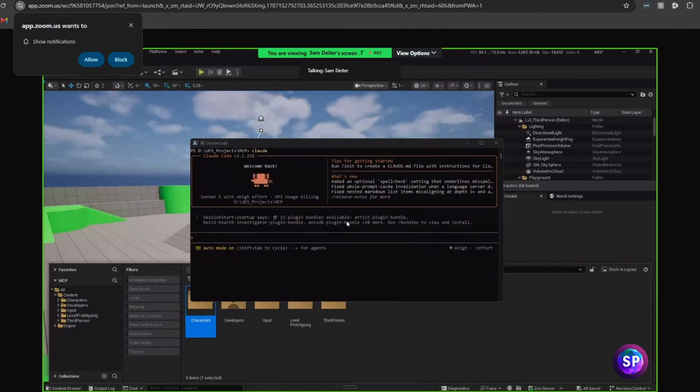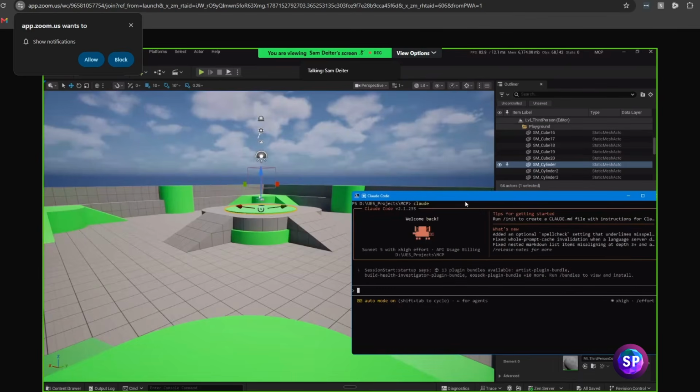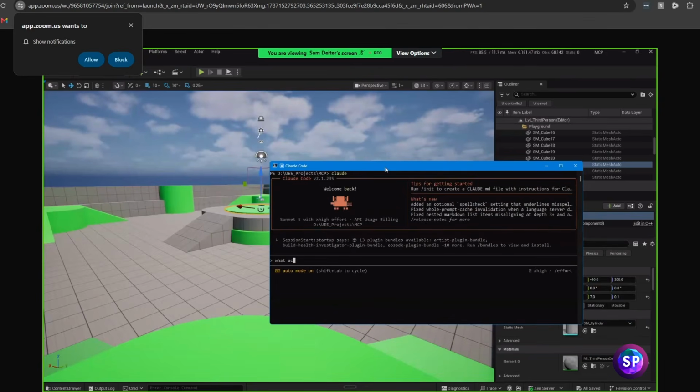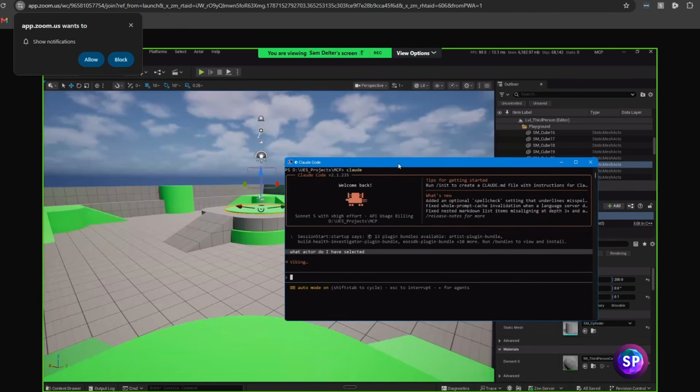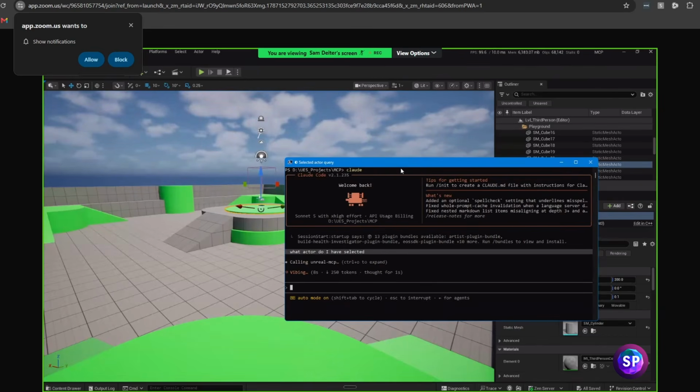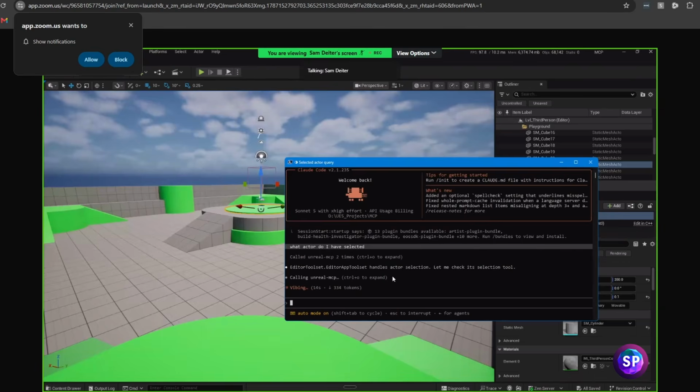So now let me see. Connector do I have? And we'll give this a second here. And this is what you're going to spend a lot of your time doing, is just kind of waiting for it.